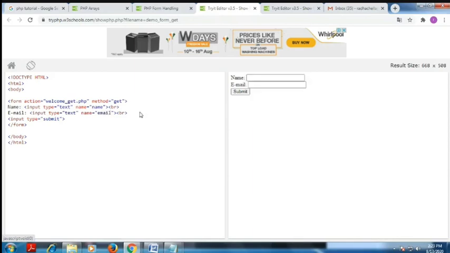I have to create the form. Then I add one more form element, the submit button. So I put submit here. The type is submit. If I declare the type as text, a text box will appear on the screen. If you declare the type as submit, it becomes the submit button. This is the basic HTML design.